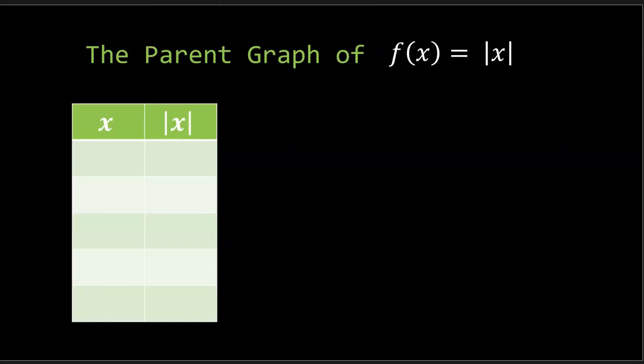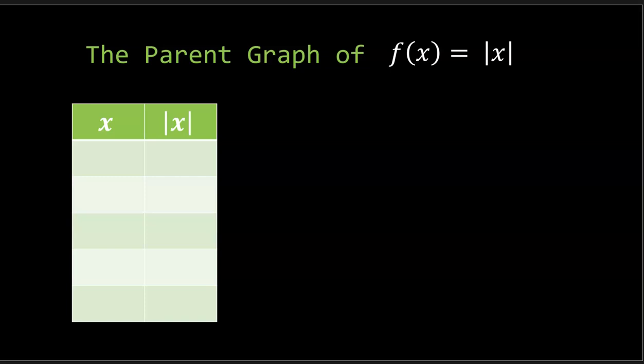So when we talk about graphing by transformation, the most important part is what we call the parent graph. What's a parent graph? It's the most basic of its kind. For example, if we were talking about absolute value graphs, the most basic one is the absolute value of x, right? So let's go ahead and plot some points to see what the pattern is for the parent graph of